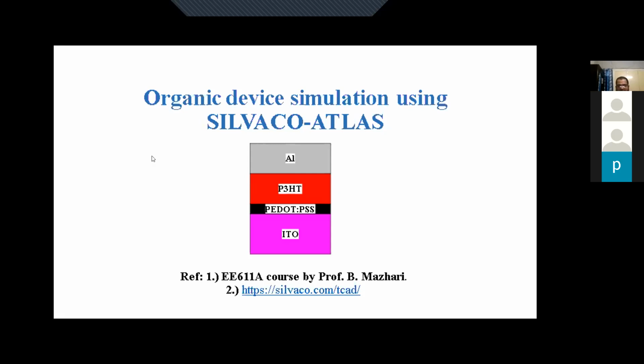So today we can have a look at a very basic device structure that we usually fabricate in our labs. This is a single layer device. Usually we use P3HT as a semiconductor. This semiconductor is also used for the fabrication of solar cells. So this architecture is basically meant for an organic diode. Why organic diode? Because the semiconductor is an organic semiconductor, P3HT.